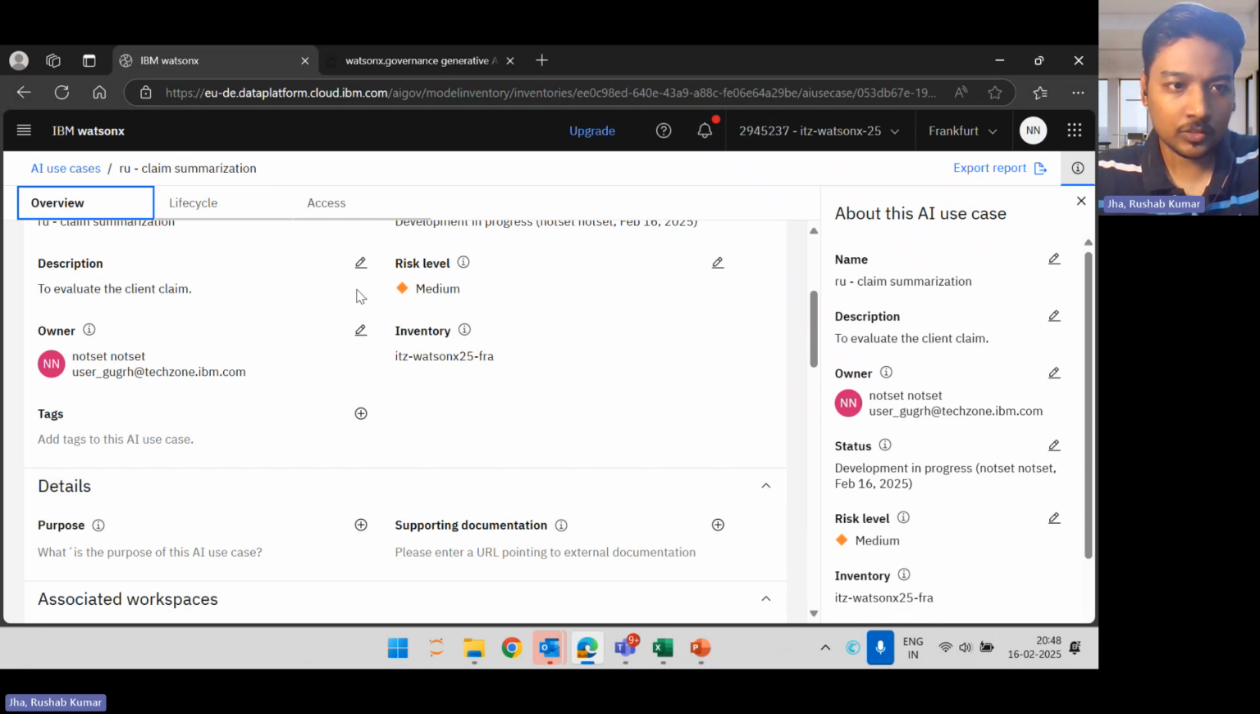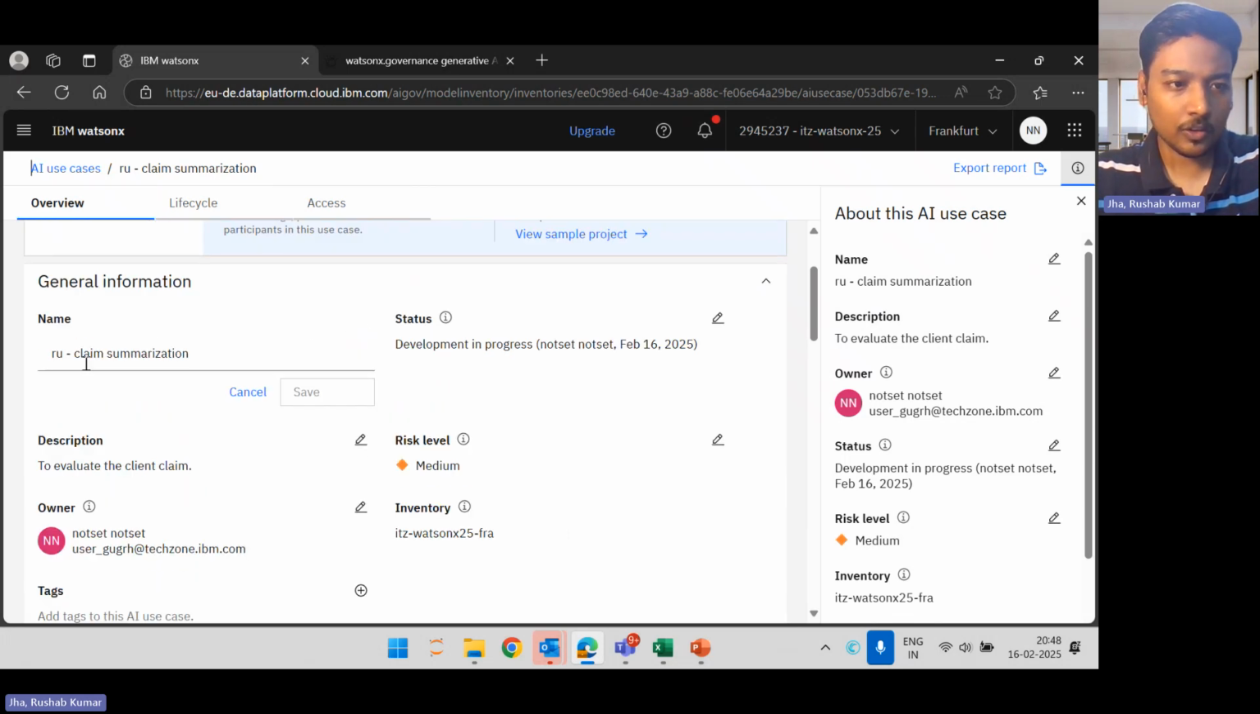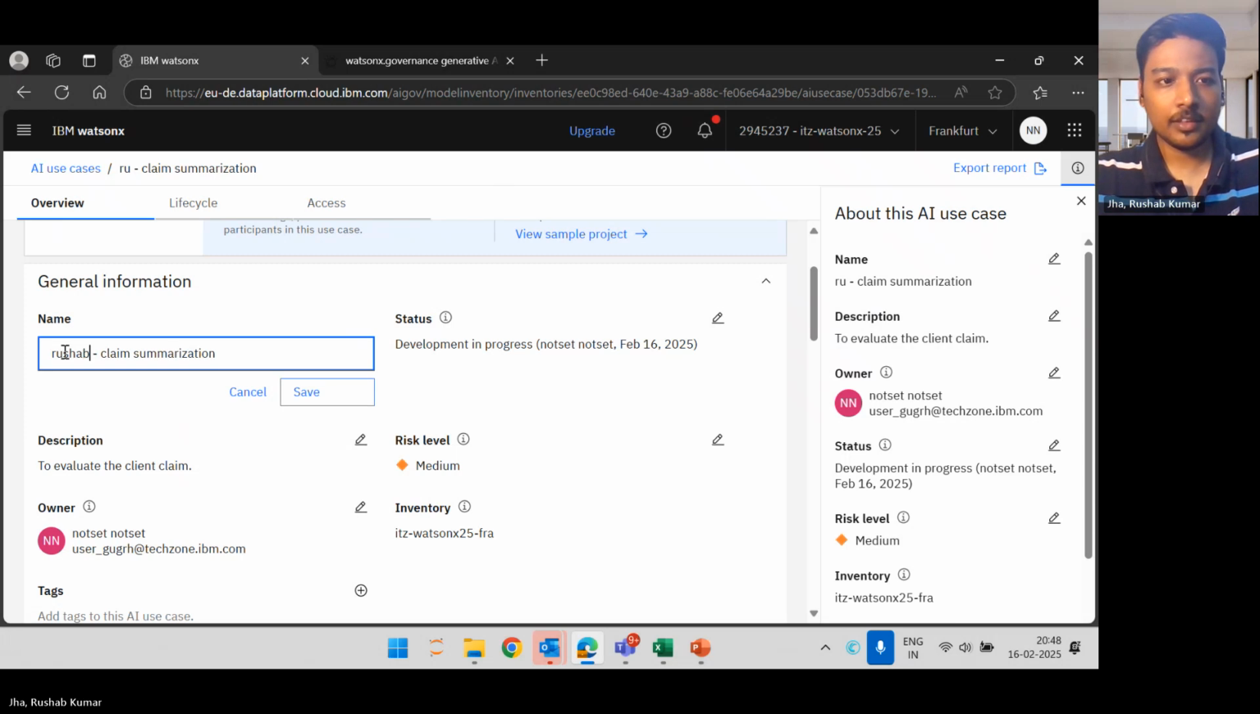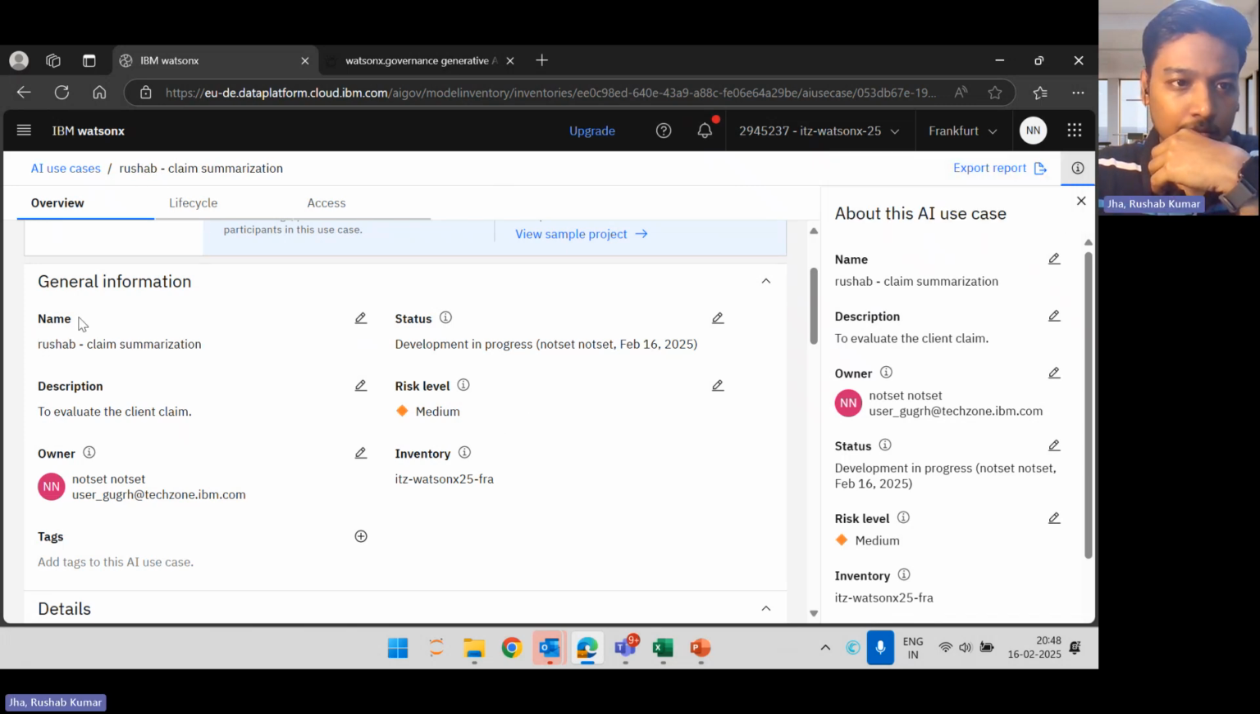And yeah, so that's the name. I can change the name. Let's see if I can do that or not. Let me make it Rushabh claim summarization. Okay, so it has been changed. You can change the name very easily. Yeah, so you can see the changes have been made. Now I'll just go to